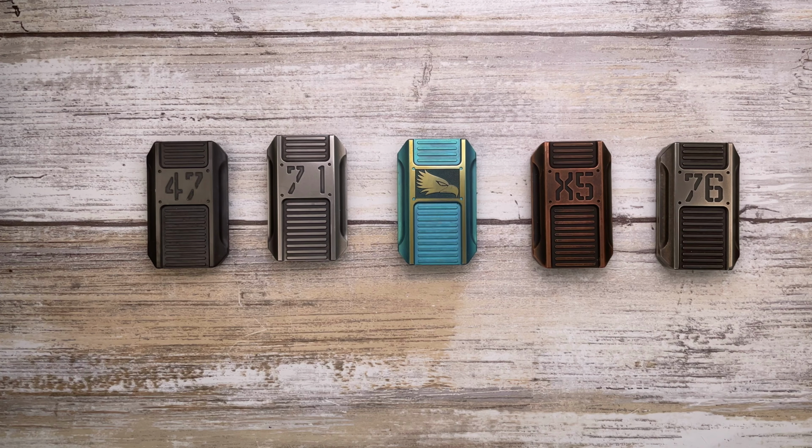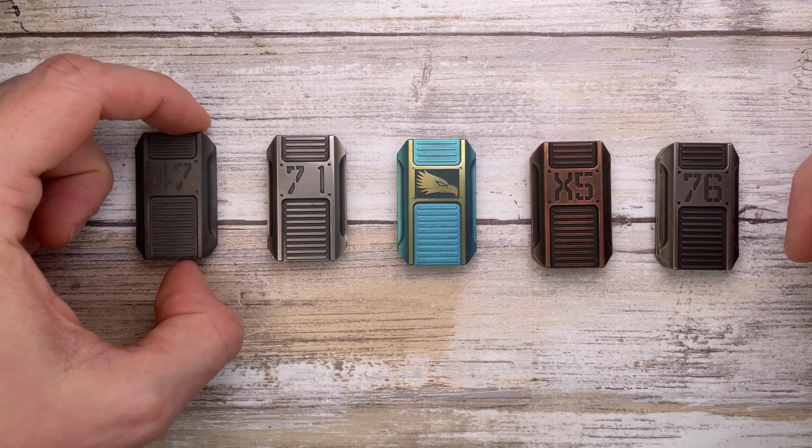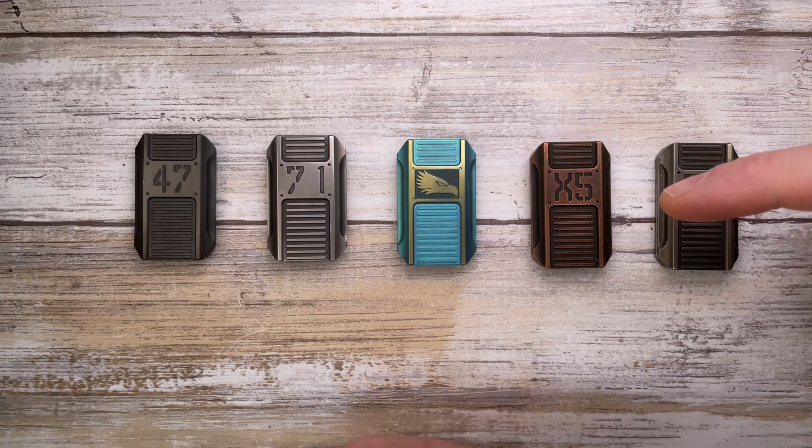Alright, ladies and gentlemen, Fab's in the house, and today I'm in the house with these pretty cool fidget toys. These are EDC Lung bulletproof shields, and we're gonna analyze the look, the sound, and the feel of these little